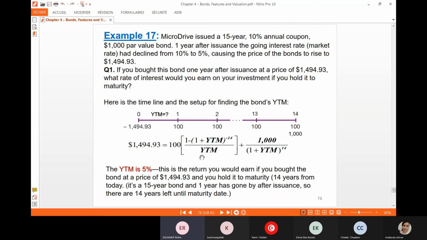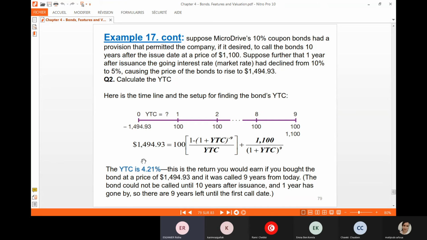Now, simply, what do we do here? We tried different discount rates. We try to find the particular value of the discount rate that makes what the company will repay to the bondholder in the future equal to the current price of the bond. We tried, we did linear interpolation, and we find our yield to maturity is 5%. So your annual rate of return if you buy the bond at this price and you hold it until maturity is 5%. But now, suppose that the company